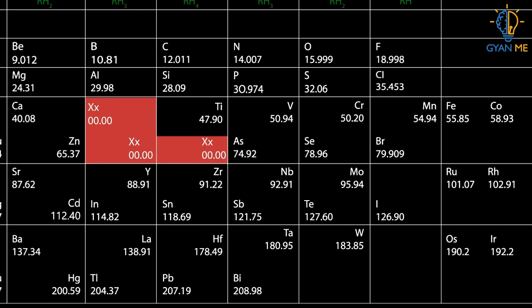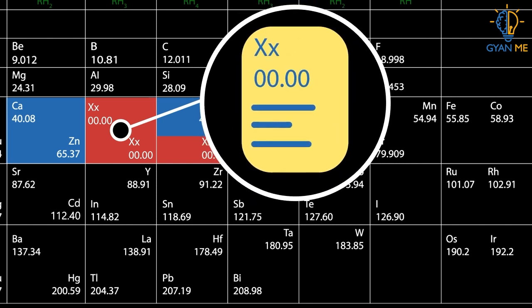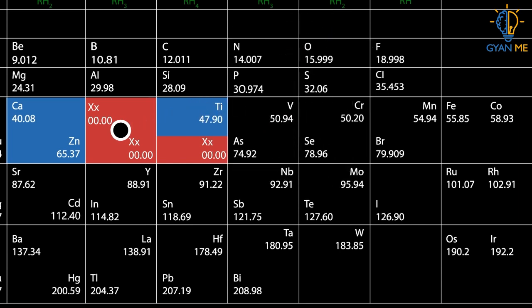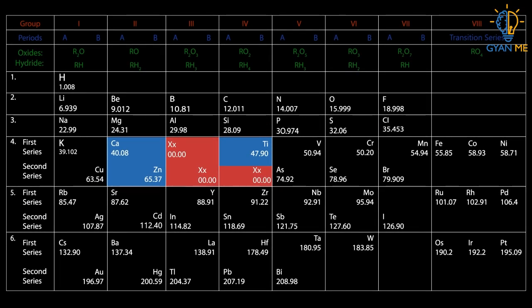Mendeleev firmly knew that there had to be some elements that would fit between calcium and titanium or other gaps. But at that time, there was no known element that would fit into these gaps. In fact, with this firm belief, he went on to predict the properties of these elements as well. He also gave them atomic masses. He wrote all of them on similar cards that he made for the existing 63 elements. Not stopping at this, he also went on to name them.